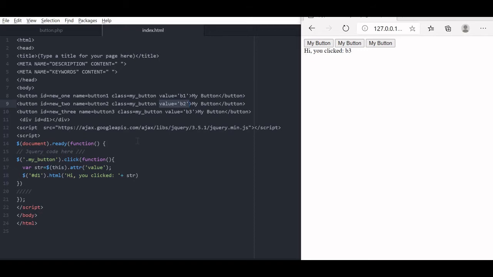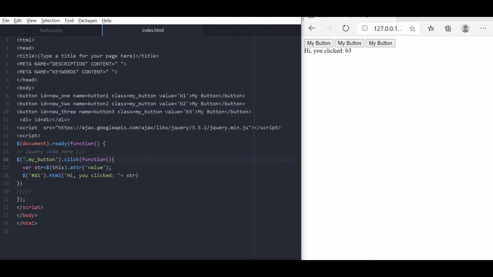We can enable or disable a button by handling its property. We can develop many applications using this enable and disable. Say unless certain conditions are satisfied, you don't want the user to click any button, so you can keep it disabled. We have one tutorial also where only when a minimum number of text is entered, the button gets enabled. We will see that. Now here we are already using 3 buttons. The first and second buttons will be used to enable and disable the third button. So here we have used the id.